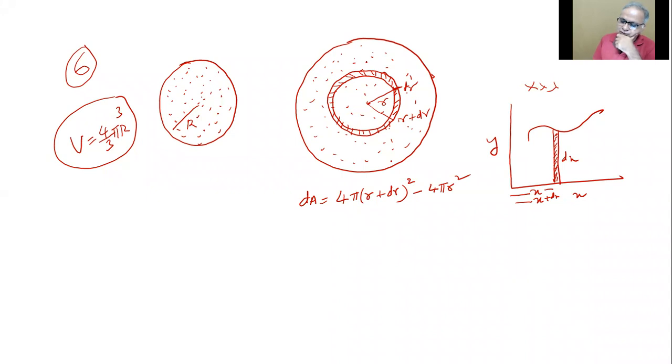Sir, but one doubt, they ask the volume, no, sir. Why are you finding the area? Because I want the volume. Isn't it? Mensuration formulas. If I know the area only, I can get my volume. Okay, sorry. You wanted volume directly, all right. That also we can do. dV directly you want to say, even that is all right.